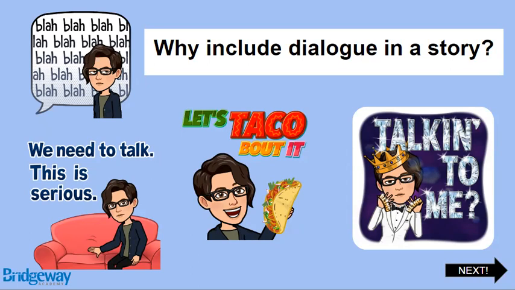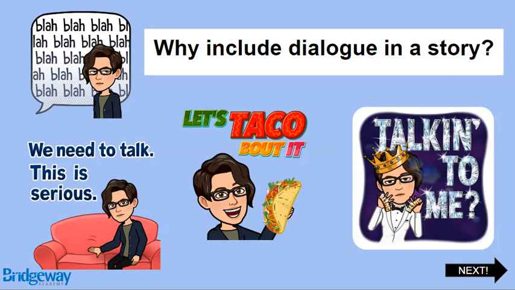The other thing that we have previously talked about in another video is that characterization is dialogue, and the way someone speaks could tell us a little bit about the character or how we're supposed to take the character. If they babble on and on and on, that tells us they're very talkative. If someone is very stern and says, we need to talk, right, in a certain tone, that tells us something different. Or, hey, you talking to me, bro? What you want, right? That has an accent, a different way of speaking, tells us something about the character.